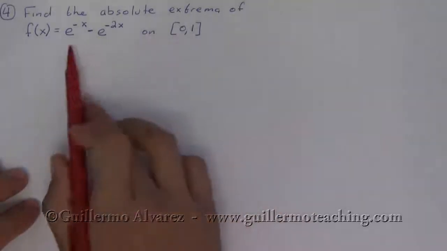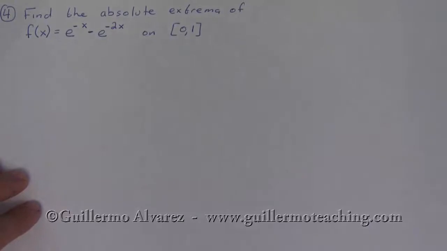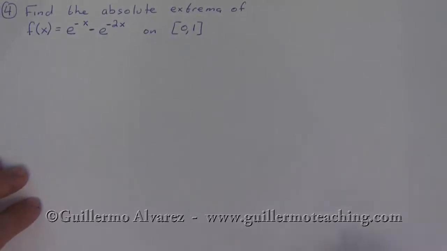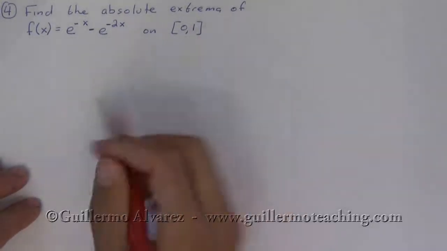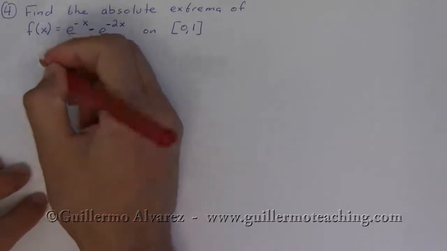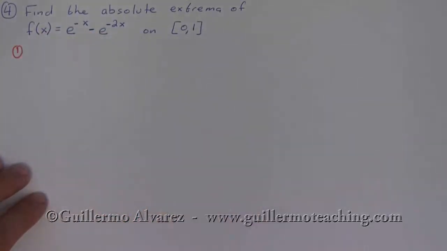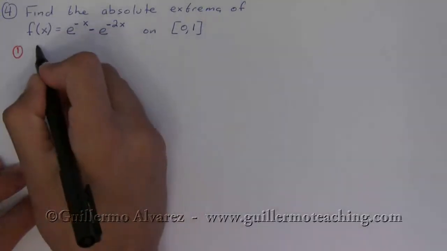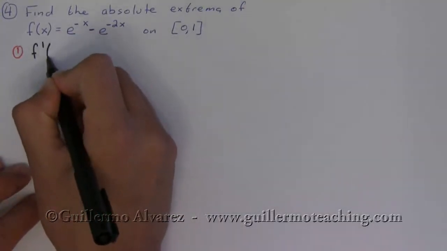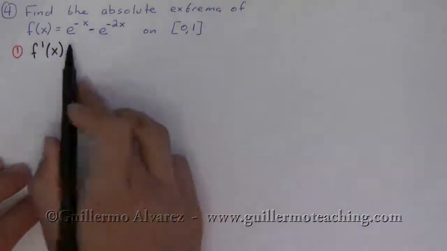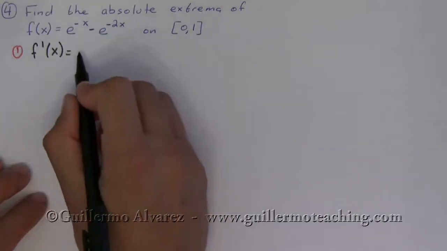Okay, so here we have a difference of two exponential functions, and we want to find the absolute maximum and minimum. So as usual, we're going to first find the critical points. So that means we need the derivative. So the derivative of this one, well, that's just,